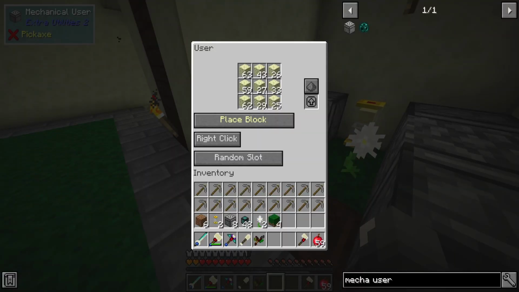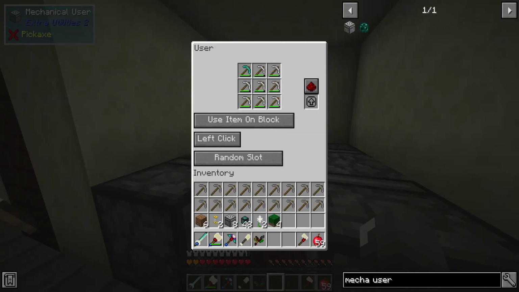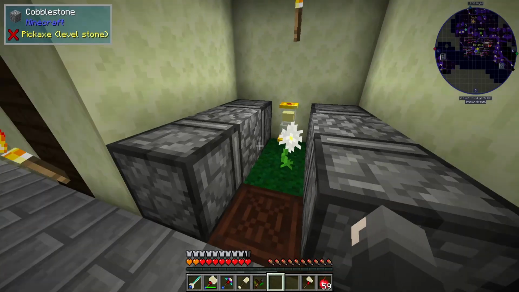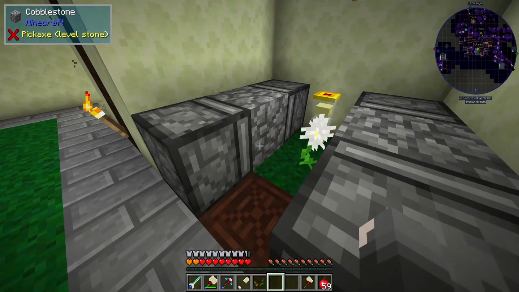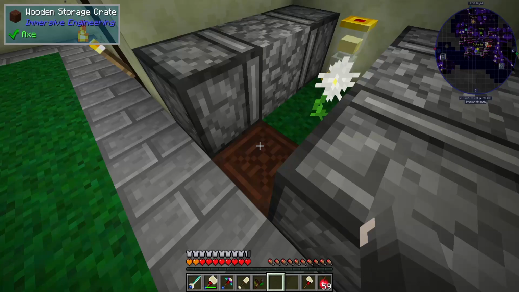And you can have them automated to place blocks, place right in front of it, and also to left click and use an item on a block. And if you put pickaxes in there, it'll break it. It does not pick it up, obviously. It just breaks it. But I have hoppers below here, which you would see if that would flip. But I do have hoppers below here that's picking up the cobblestone and putting it into this wooden storage crate